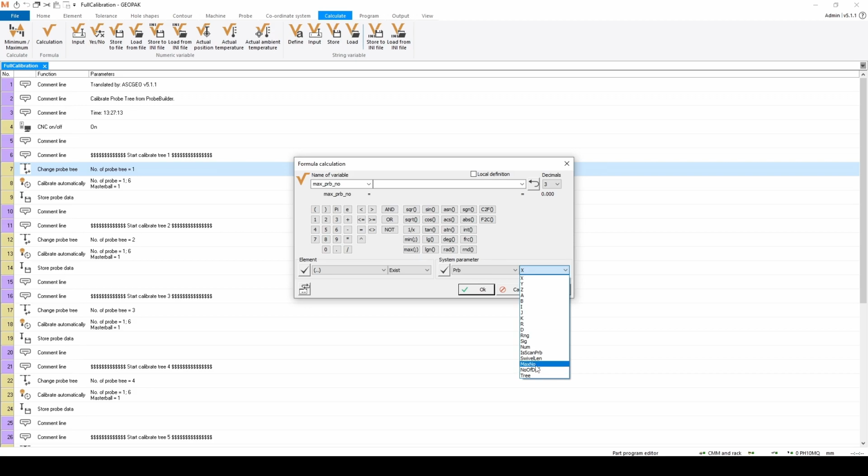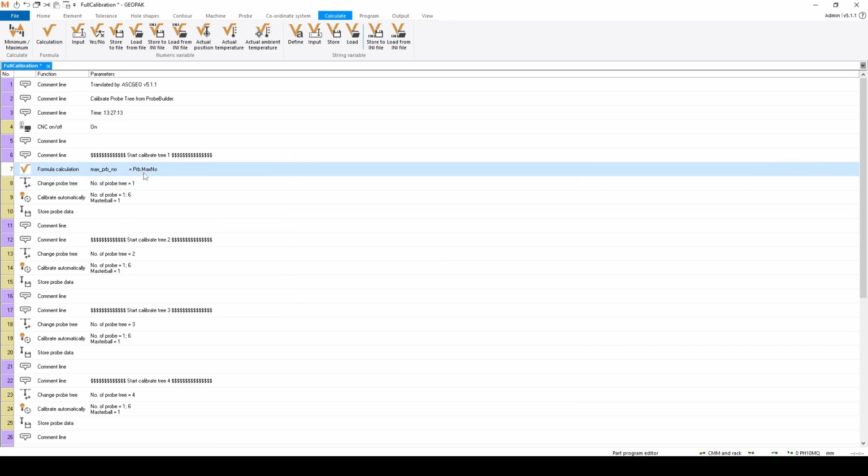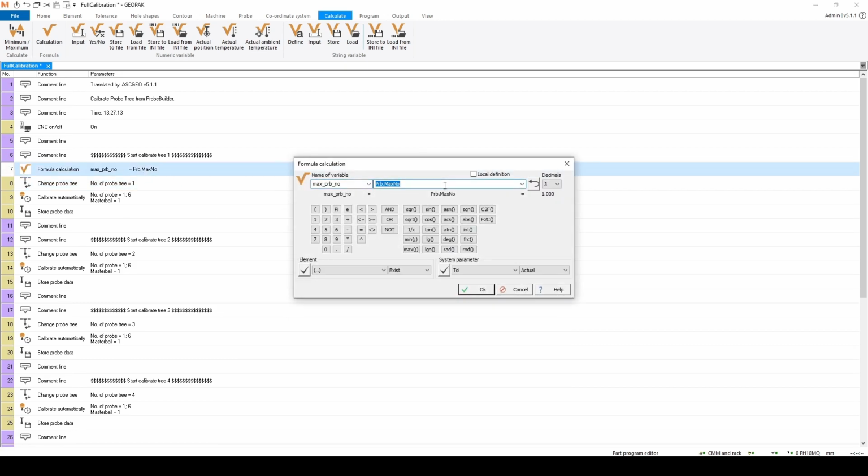So I will use max number. If you click OK, then maximum probe number will be equal to probe max number. So if you add any extra probe angles, then you don't have to create a new calibration program, and it will be automatically executed. So if you copy your variable,